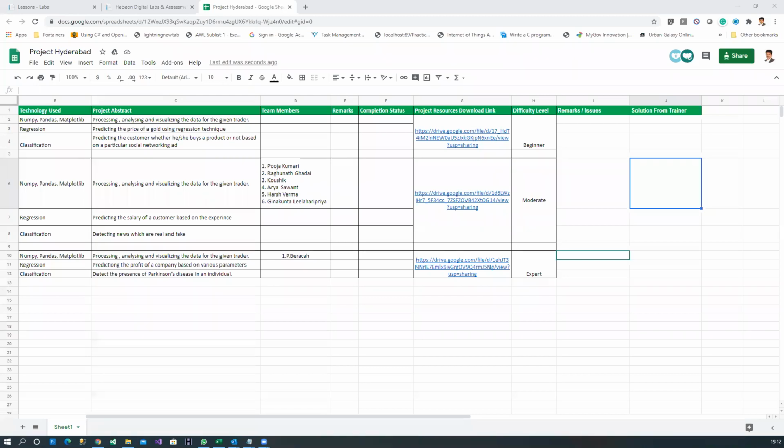So there is no special procedure. Once you complete that project, you will get the output. So you copy that entire code into a file named your project name .py, and you place it into Google Drive and share the link. Or from your team, you try to maintain that Excel anyway. So try to zip all of your output into one particular folder and link that folder into the particular section.